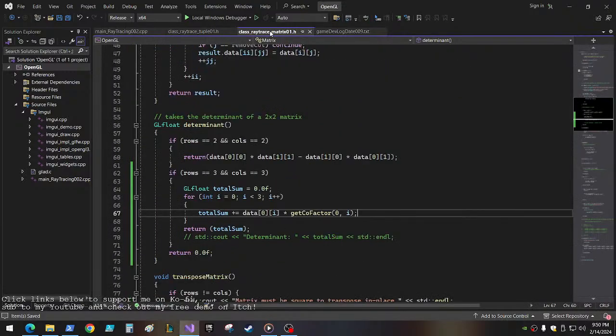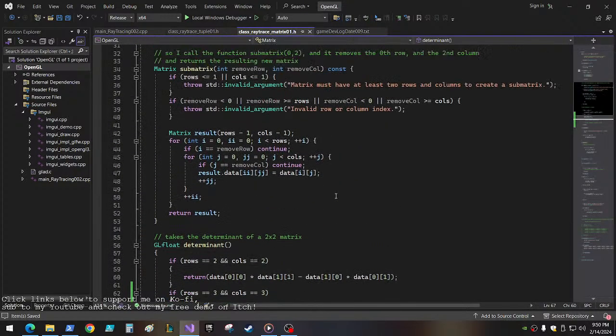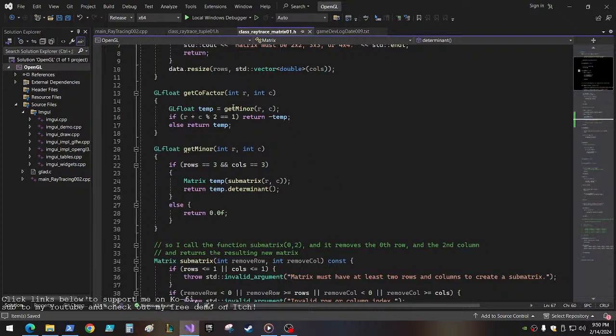I don't think we covered... So getting the cofactor, int RC get minor, it's only for the 3x3, right? Cofactor, yeah, get minor, RC return minus 10 per temp. Submatrix, return the determinant. So what if it's a 4x4, right? We never covered that. Is it the same thing though? Wouldn't it be the same thing? So, hold on. So getting the cofactor, if it's a 4x4,